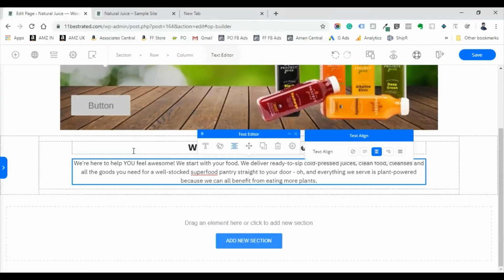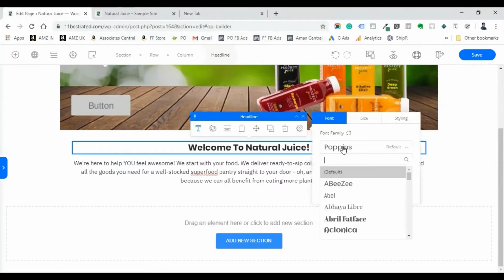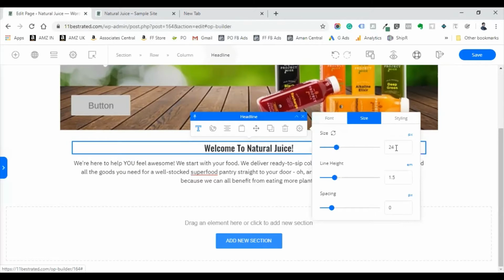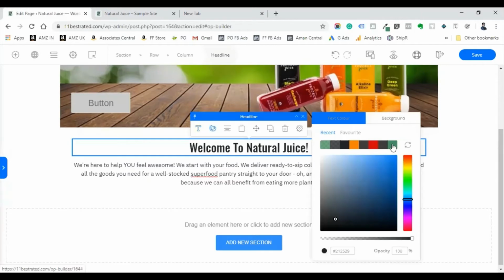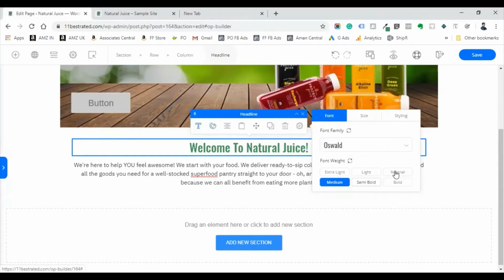And we need to change the font of this headline. The font is Oswald, normal, medium. You can see that and adjust it accordingly. The size of the font is 32. We have found that through our font finder Chrome extension. And to change the color, click on that color. The color is this green, and it looks much bolder, and we will make it normal.